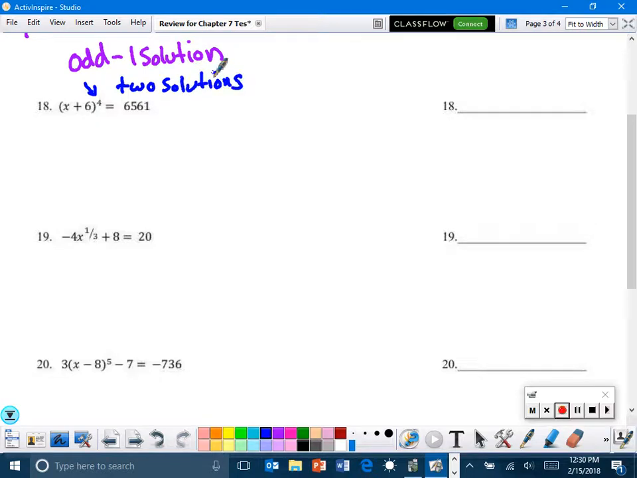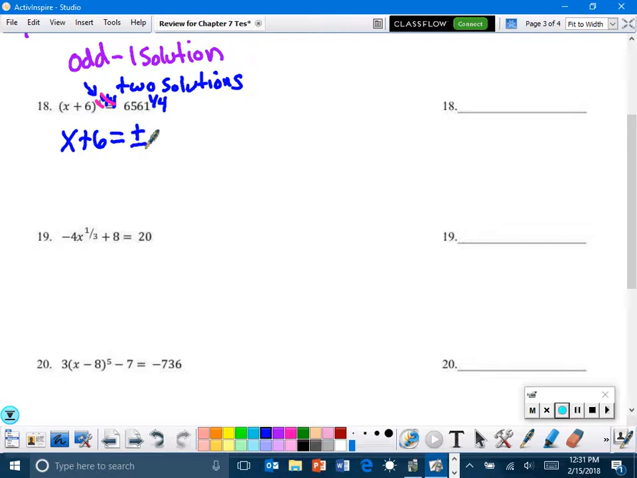All right, now you'll notice that the first thing we've got to get rid of is the 4 because the plus 6 is inside the parentheses. So to get rid of the 4, we're going to use 1/4 on both sides. So the 4 and the 1/4 cancel. We do not need the parentheses anymore, so we're left with x plus 6 equals, now remember,